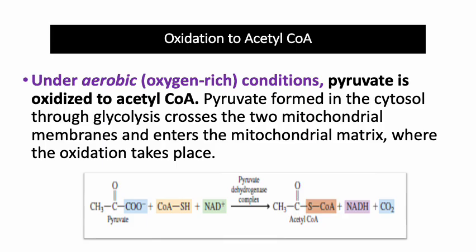Now again, under aerobic or oxygen-rich conditions, your pyruvate po is oxidized to your acetyl coenzyme A, as you can see here. Now in the cytosol or cytoplasm, the pyruvic acid is formed through glycolysis. The overall reaction in simplified terms is like this. So pyruvate na formed in the cytosol through glycolysis crosses the two mitochondrial membranes and enters the mitochondrial matrix where